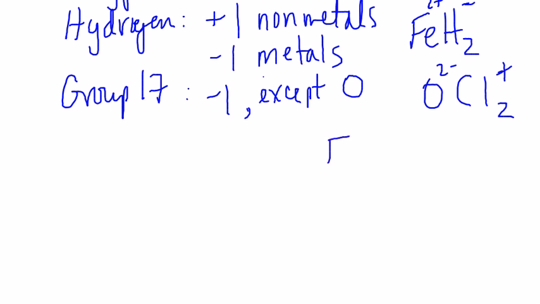Let's take one quick look at the periodic table. Fluorine, chlorine, bromine, iodine, oxygen, nitrogen,